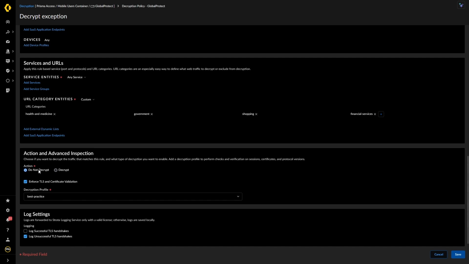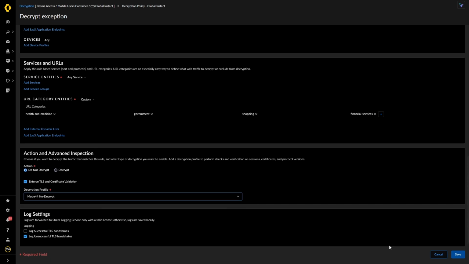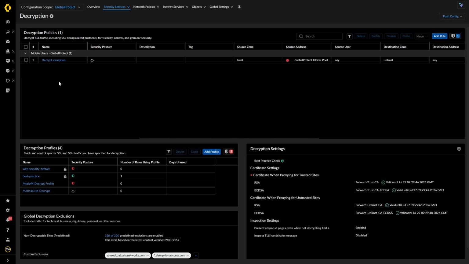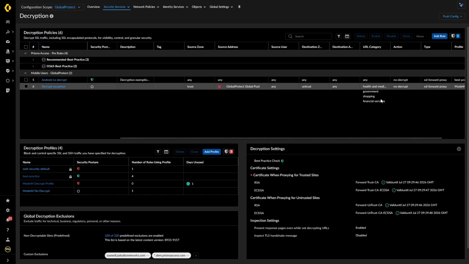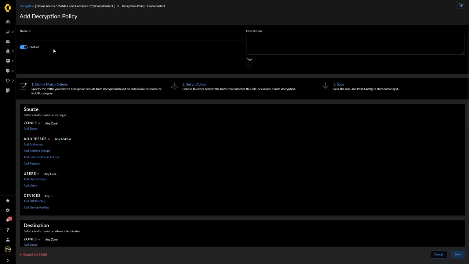And what we're going to do with this one now is we are going to not decrypt. So we've got decrypt and not decrypt. And the profile we are going to use is our no decrypt profile. And I always log successful as well as unsuccessful, but it makes a lot of noise because hopefully all your traffic is going to work. So we'll just do that. Yeah? So that's our decrypt exception. So now we're saying, okay, for these things here, that's really worked well. For these here, now we're not going to decrypt those. So the rest of them is going to be our mode 44 decrypt policy,